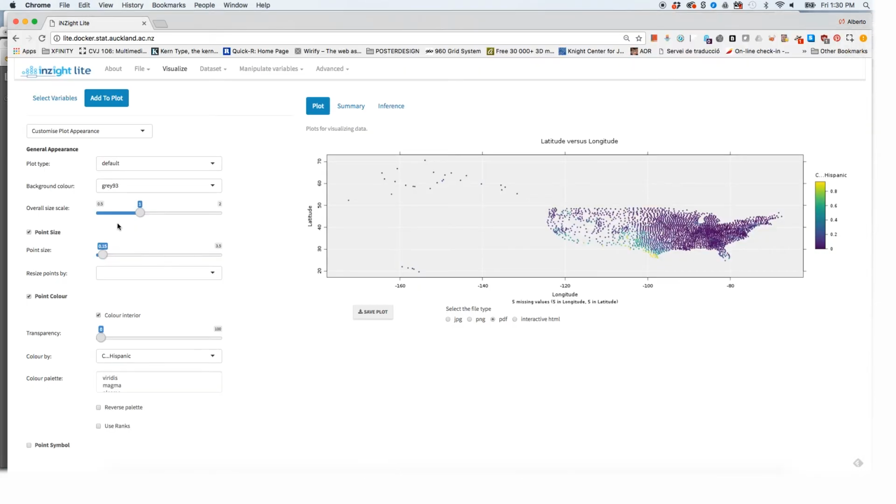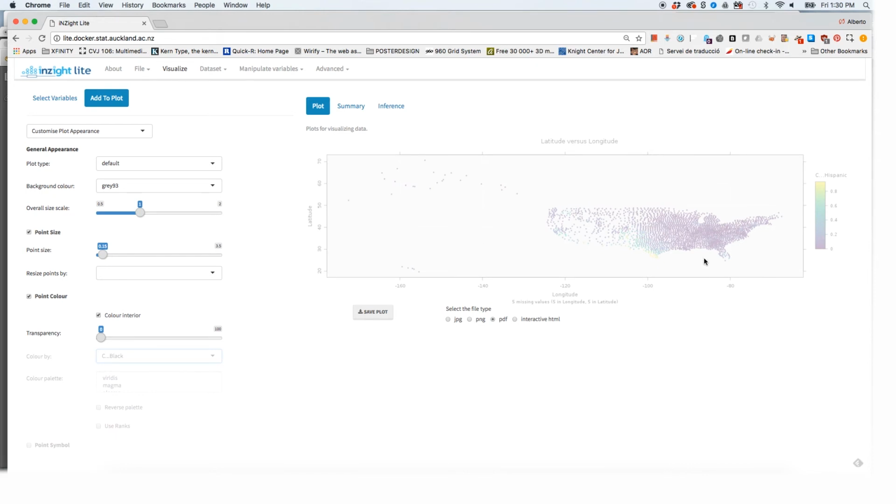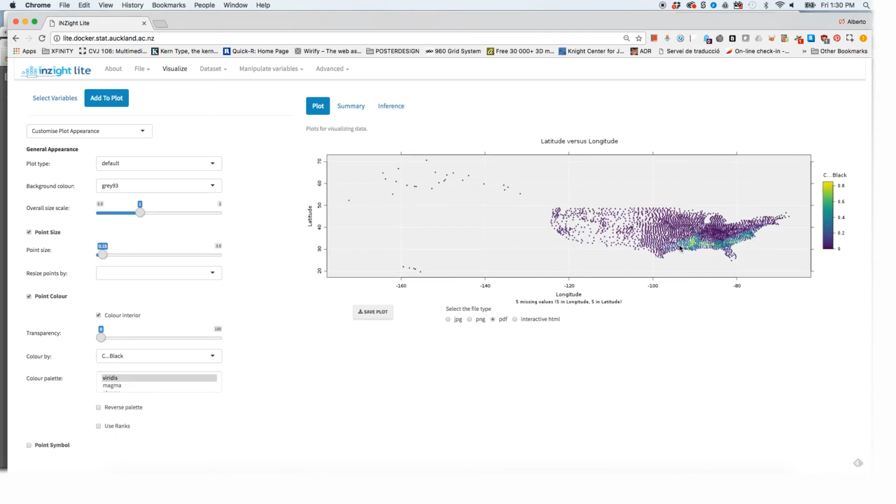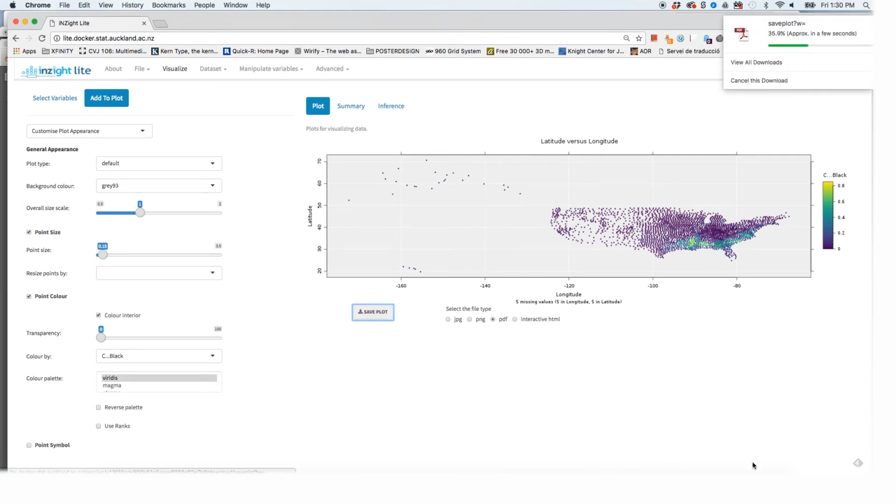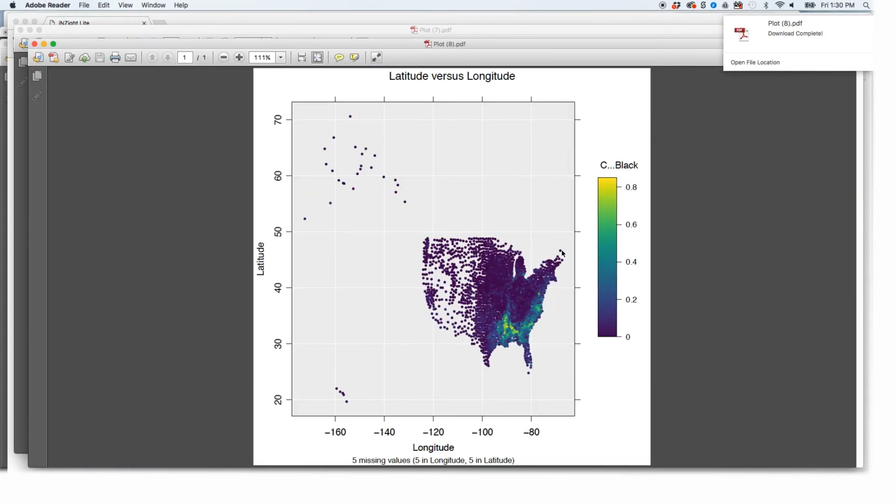We could change these, right? We could go back over here and go to point color, and instead of Hispanic, we could select, for example, African Americans to see where African Americans live. As you can see, the counties that will appear bright will be the counties in the south, from Virginia down to Mississippi and Alabama and Louisiana. I'm going to save the plot again. I could zoom in over here, but I don't want to confuse you, so I'm saving the plot all the time just to be able to see it more clearly.